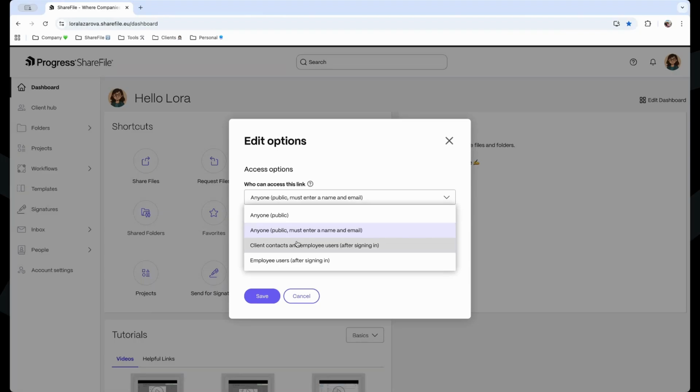This is paramount because we're not talking only about sharing and requesting documents and files and so on. We talk about secure sharing and requesting of documents and files. As you all know, there are two types of users within ShareFile. They're employees, which are the internal employees of your organization, the people who actually consume the licenses of ShareFile and have the full set of permissions